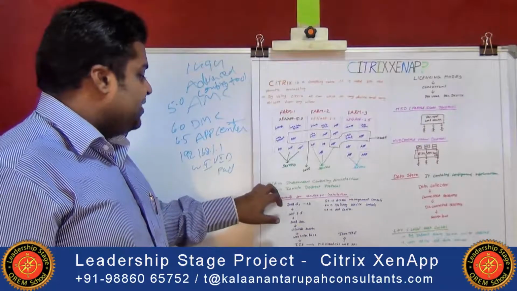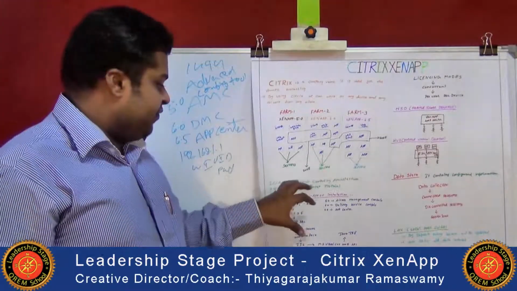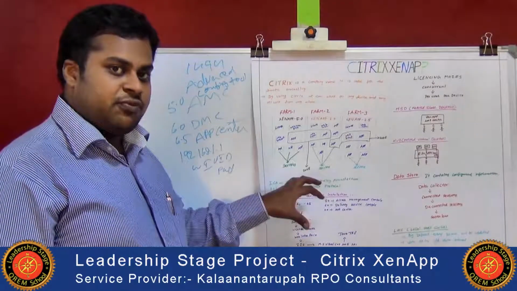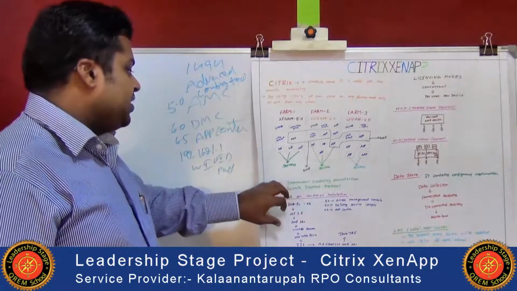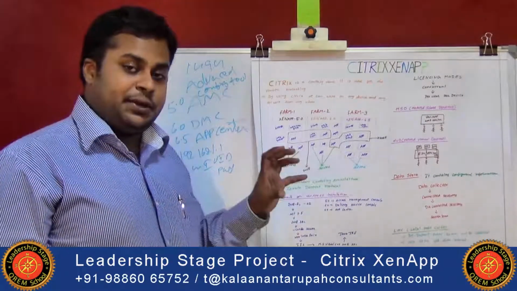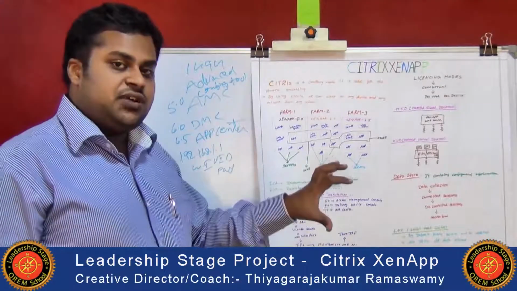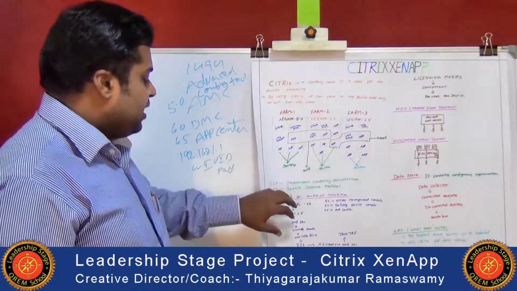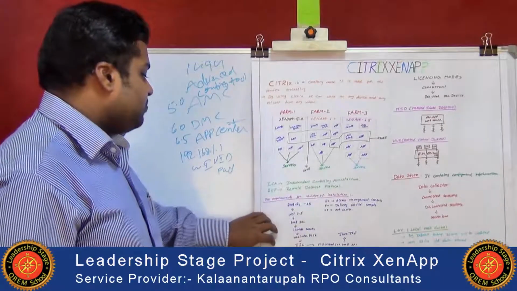By using this ICA, we can work on any OS. RDP works only on Microsoft OS. This ICA works on any OS. By using this ICA, we can maintain 32 virtual channels for audio, video and similar things, so that for the different virtual channels, no one comes and disturbs another channel.